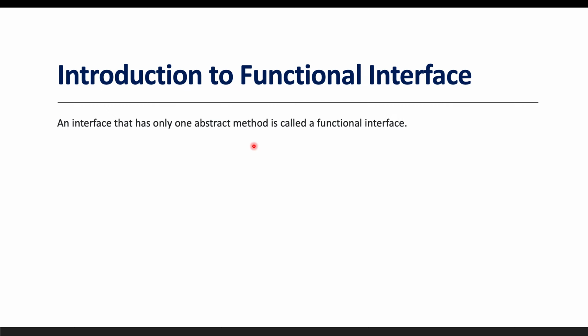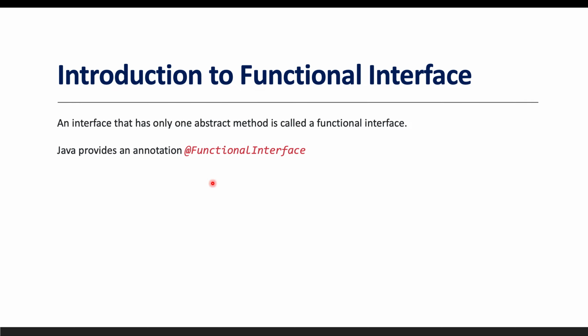Okay, now the question is how Java is going to identify whether an interface is a functional interface or a non-functional interface. If an interface has exactly one abstract method, then Java is going to treat it as a functional interface. But Java also provides one annotation that forces the user to not define multiple abstract methods. That annotation is called @FunctionalInterface. So if you define any interface and tag it with this @FunctionalInterface, then it is going to allow only one abstract method as per the functional interface definition.